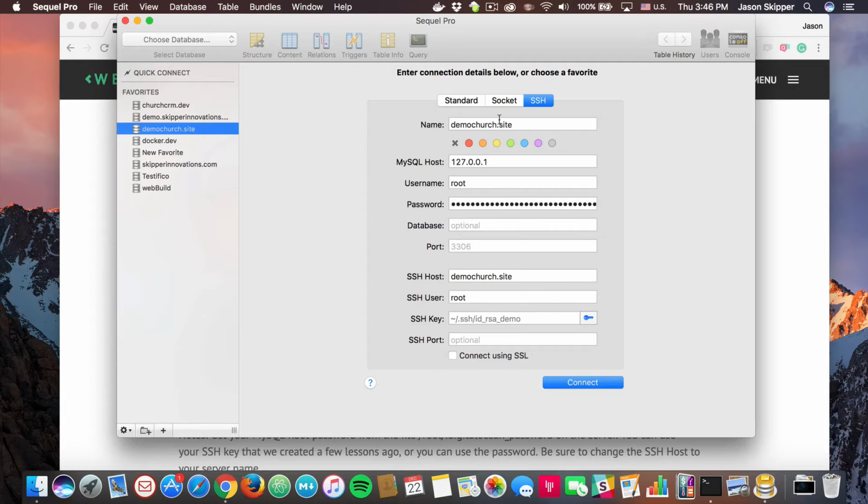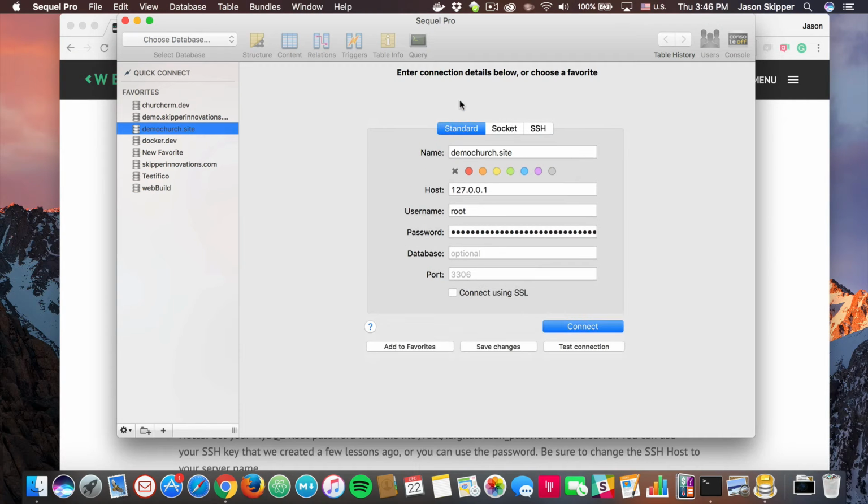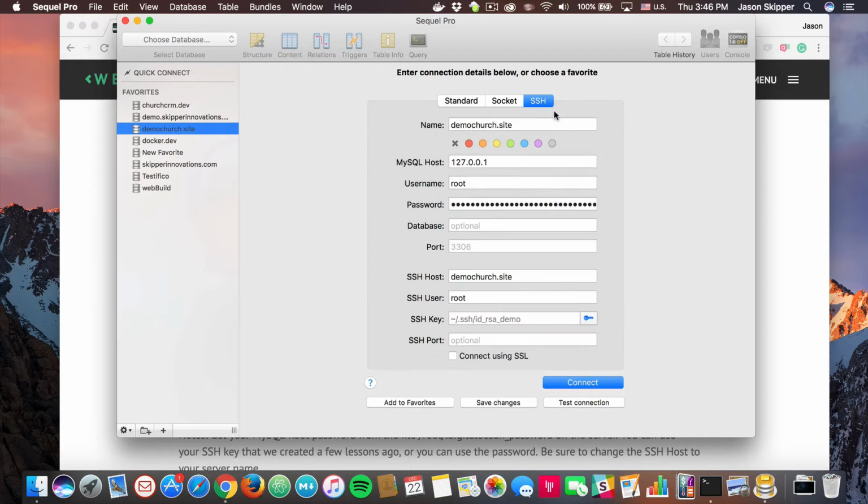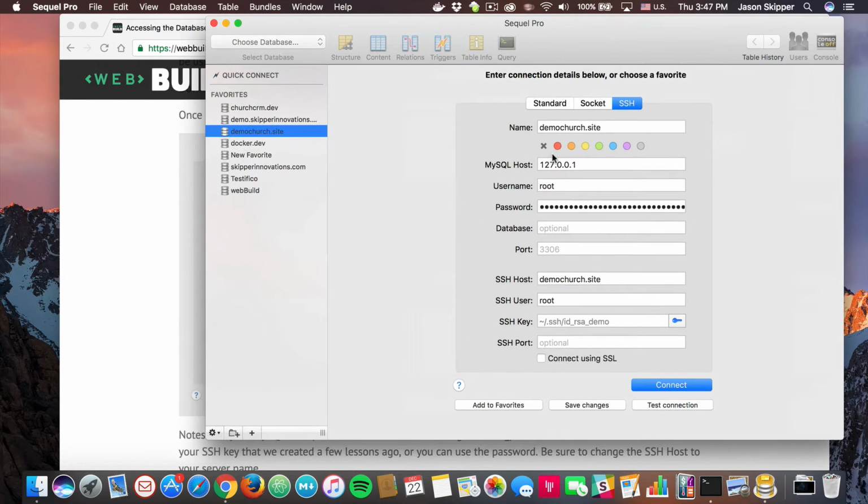Coming up here, you're going to notice we have three options: standard, socket, and SSH. We want to go to SSH. The standard will never work because that port is closed down. You're going to put the name in, whatever you want that to be. The MySQL host is going to be 127.0.0.1, which is your localhost